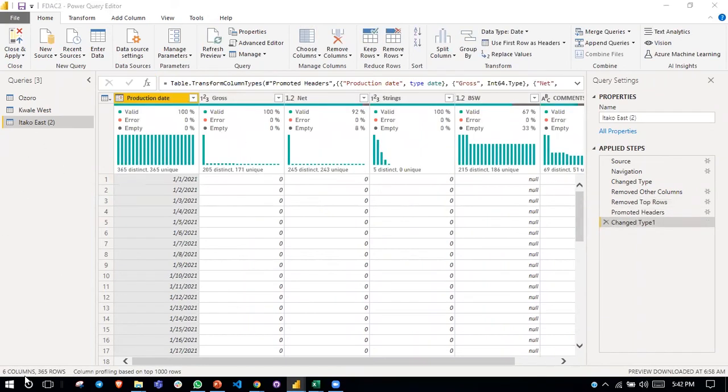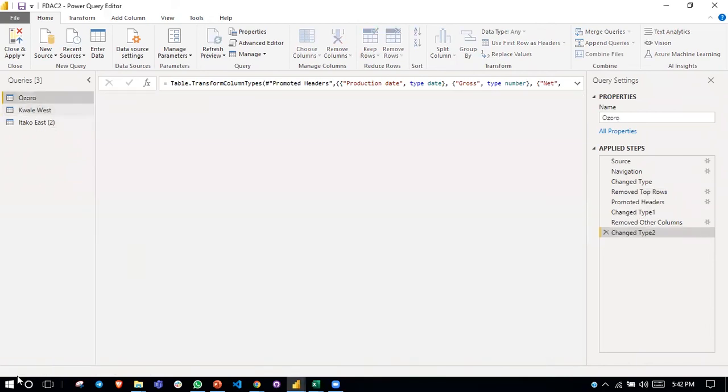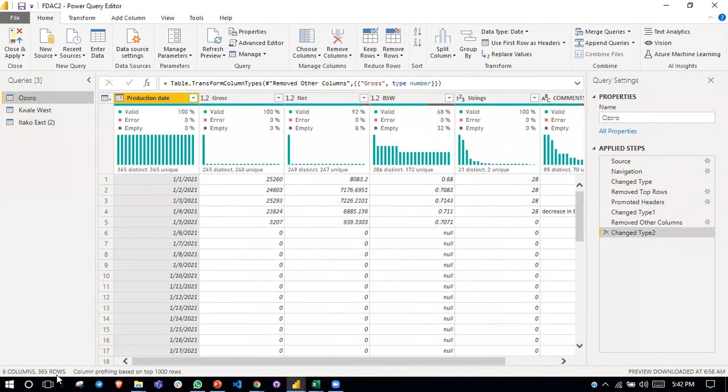If you look carefully, we have 6 columns and 365 rows for Itako East. The same thing for Itako, Cali West, and Ozoro. So we have 6 columns each and 365 rows. One good practice I usually encourage is, instead of handling this data individually, I strongly recommend merging or, rather, appending them. But before the appending,